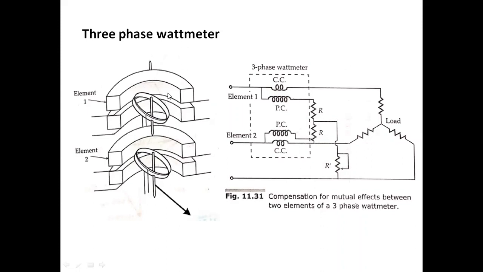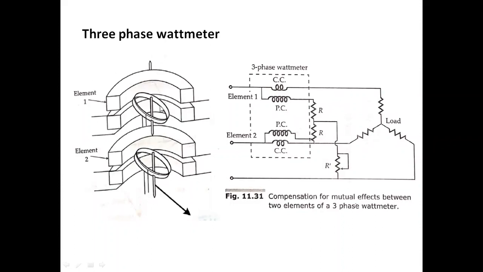This is quite similar to the two wattmeter method which we discussed earlier, but there is a difference. What is the analytical difference? The torque produced by one of the elements is proportional to the power measured by it. When we discuss the behavior of the total torque of a moving system, the sum of the deflection torques of the two elements is equal to the total torque.